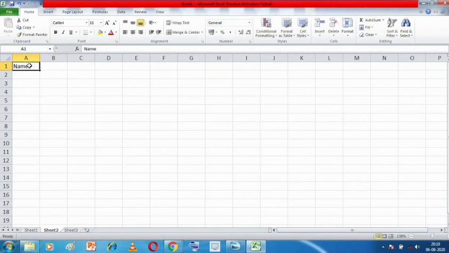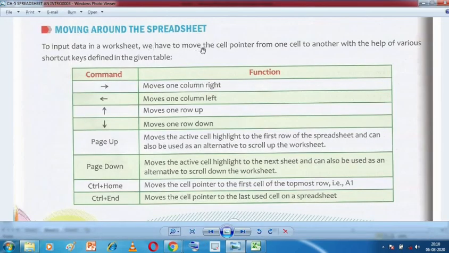Now I have written "name"; this is my data, which is in A1. Now if I want to enter something in cell B1, I need to make it active. That means I need to move from A1 to B1, and for this movement from one cell to another, we are going to use these shortcut keys.